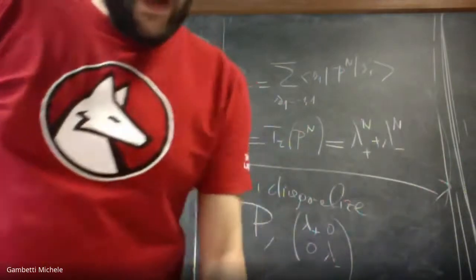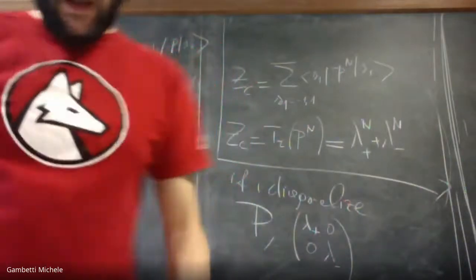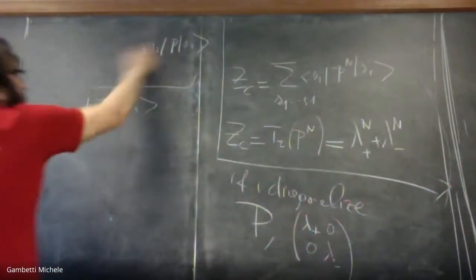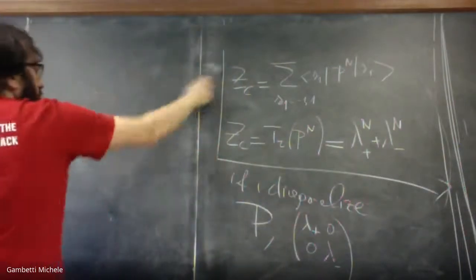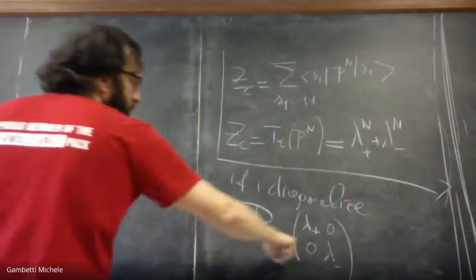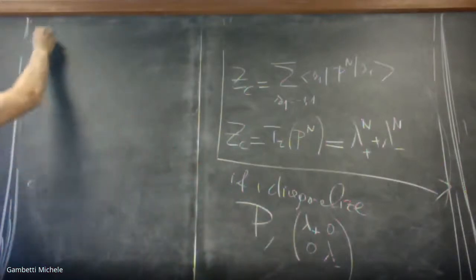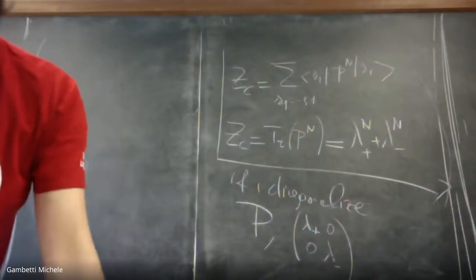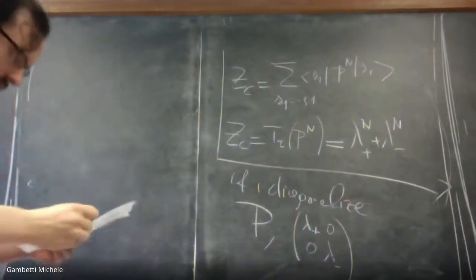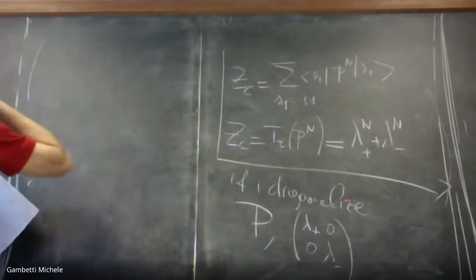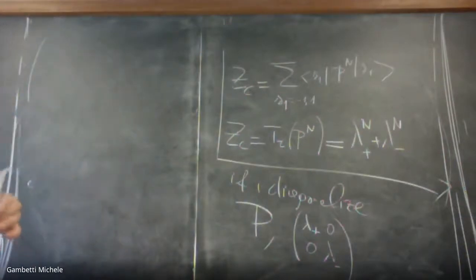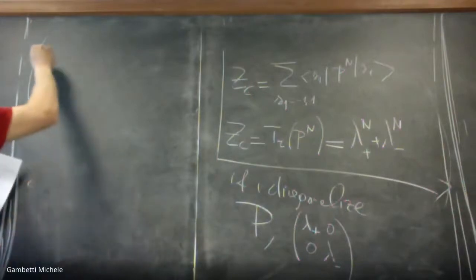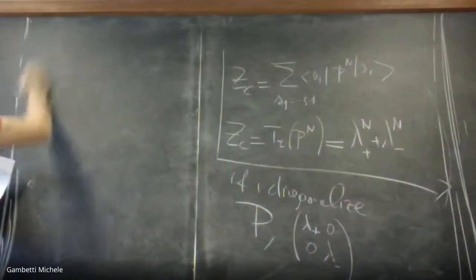It's very elegant indeed. Now what is needed is just to compute the eigenvalues of the matrix P. The matrix P has a form that we derived before. Now if I want to compute the eigenvalues, I just need to write the second equation. So the matrix P has this shape.